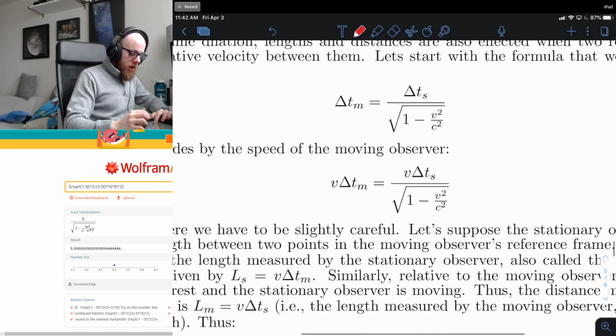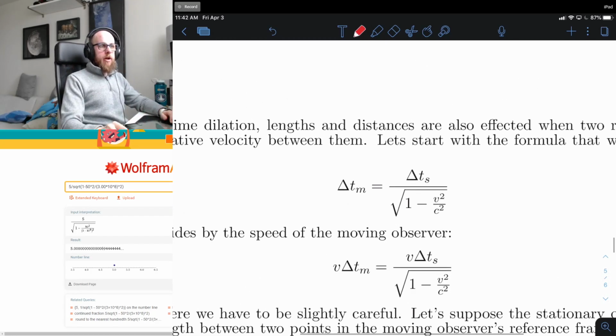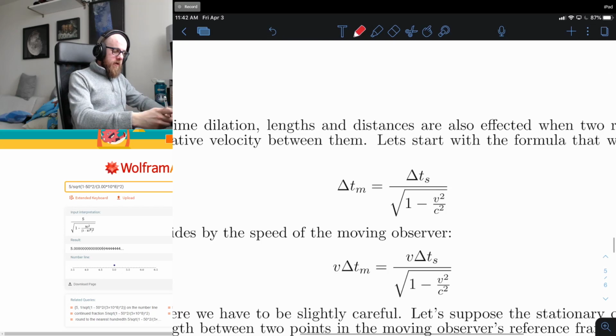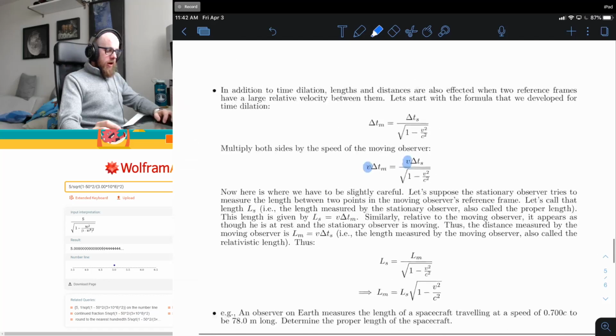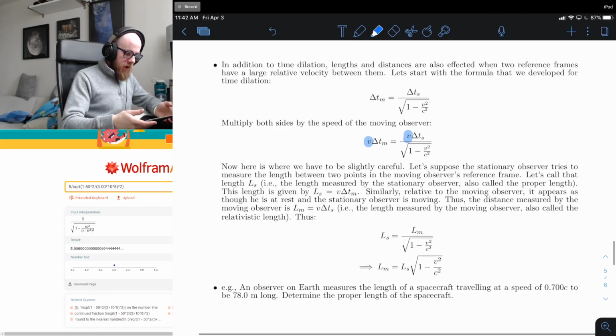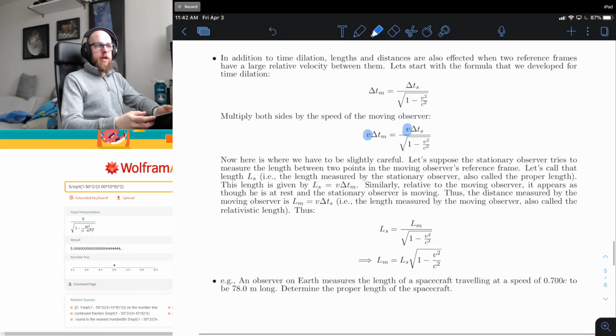So let's start with the formula that we developed for time dilation, right? Now, what we're going to do to this formula is we're going to multiply both sides by v, okay? So v, again, is the speed at which the, well, we just said the astronaut, but the speed at which the moving observer is moving, okay? Now, suppose that they wanted to do some sort of measurement in length, right? So let's say that the stationary observer is standing off to the side, and what they want to figure out